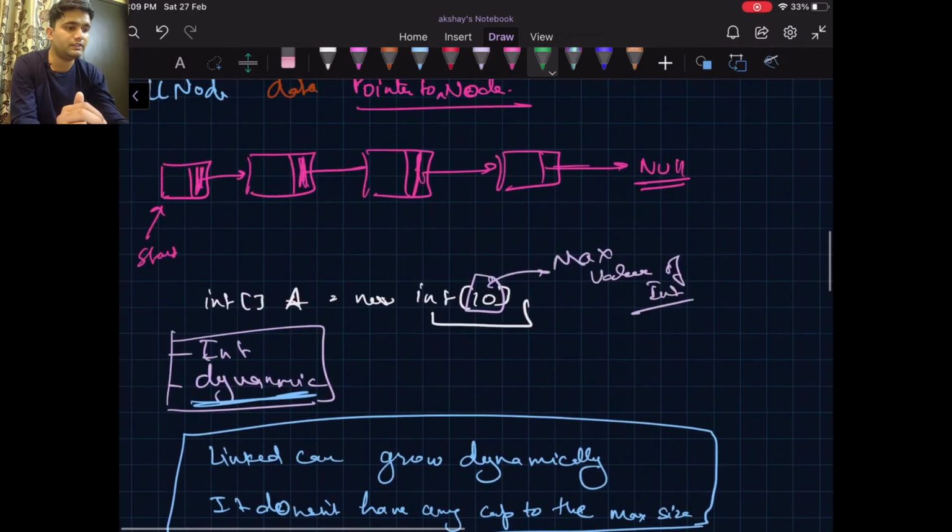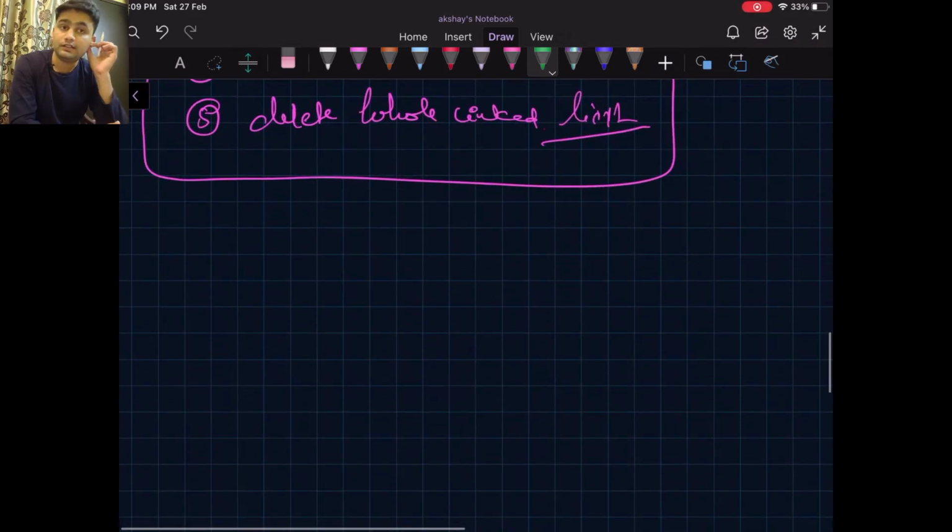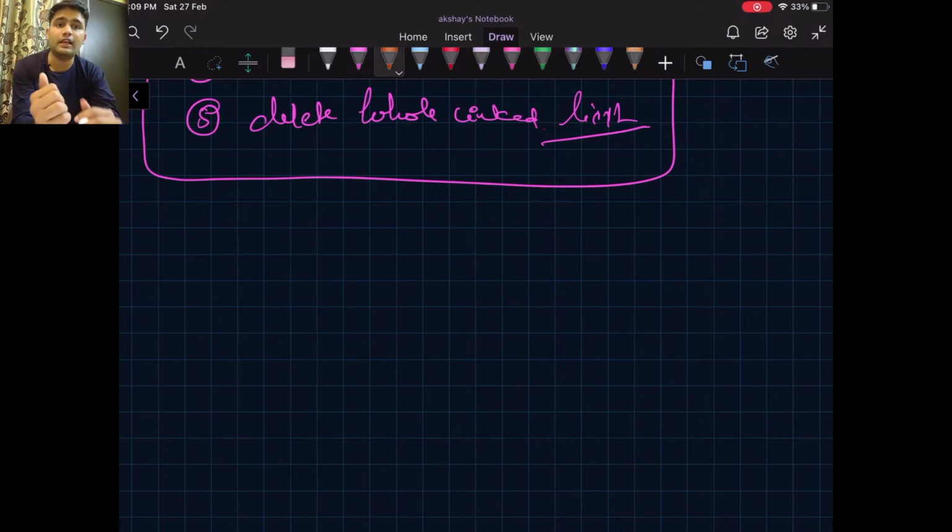okay, so let's start with creating. So earlier I said that linked list has nodes. Basically, a linked list has a relationship with a linked list node class.